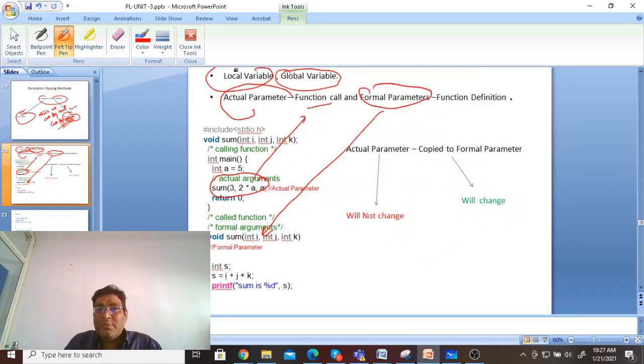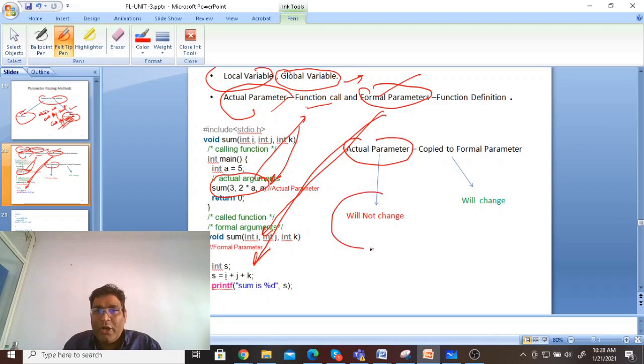Keep in mind, I'm just revising it. What is a local variable? What do you mean by actual parameter? What do you mean by formal parameter? The actual parameters are those called in the function. Formal parameters are those defined in the function definition. More importantly, in an actual parameter, the value will not be changed.